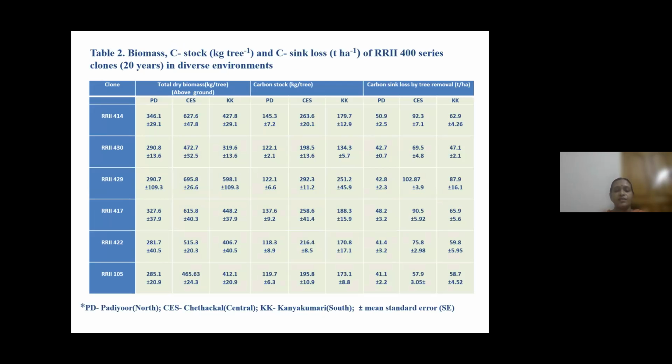That is the different location, having extremely different climatic conditions. In the north region there is a drought-affected area, and in the southern state the rainfall is uniformly distributed. Another is the central area, which has a moderate climate, and most of the rubber is cultivated in this condition. And here also it can be seen that the